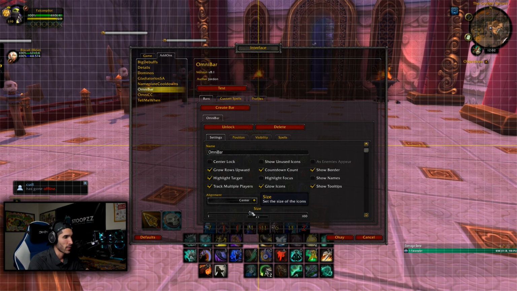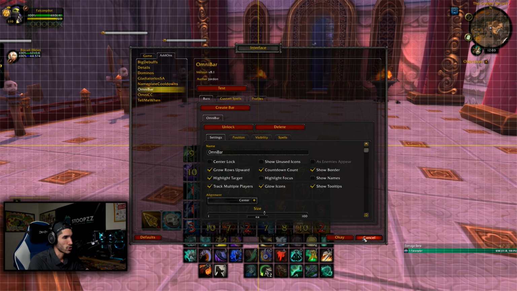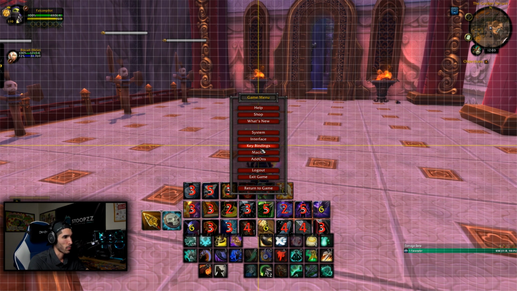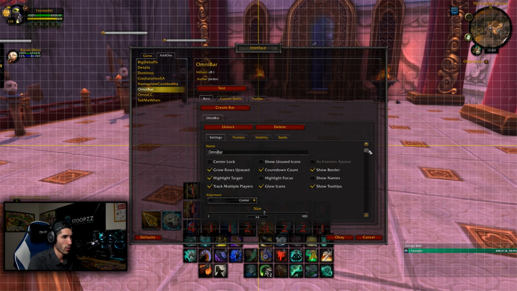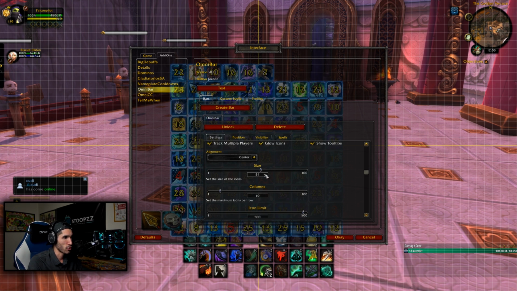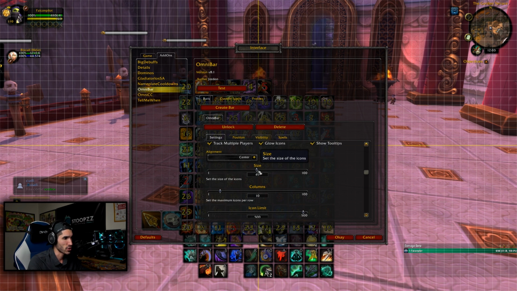So for me, I'm just going to increase the size to just about where they would line up with my abilities. You can do it through a bunch of different ways. You can do columns and rows and things like that. But I'm just going to do a good size. And I'm going to test. Now this is too big, so I'll bring it down to just about